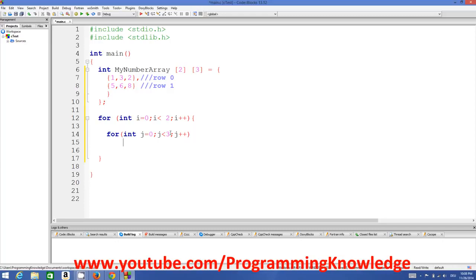Okay, so this is a loop inside the loop to iterate the values. The first loop will iterate over the rows and the second loop will iterate over the columns, right? Now in order to print all the values inside your column for loop, you can just write